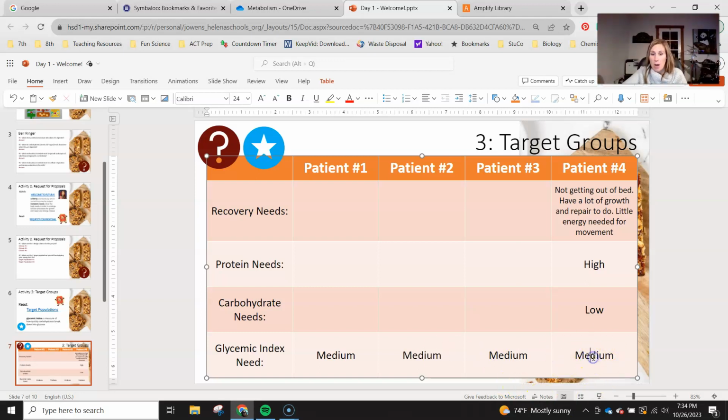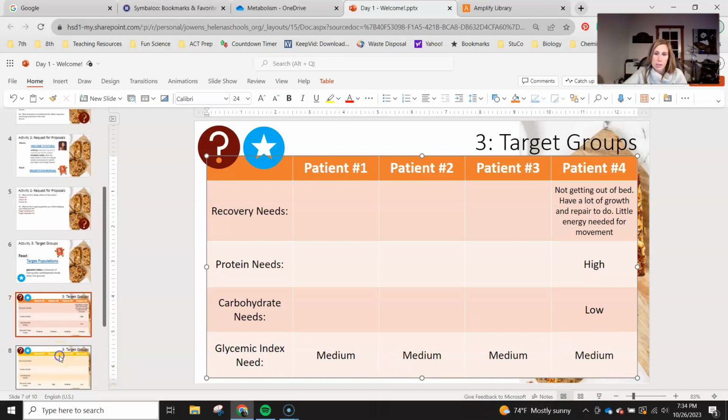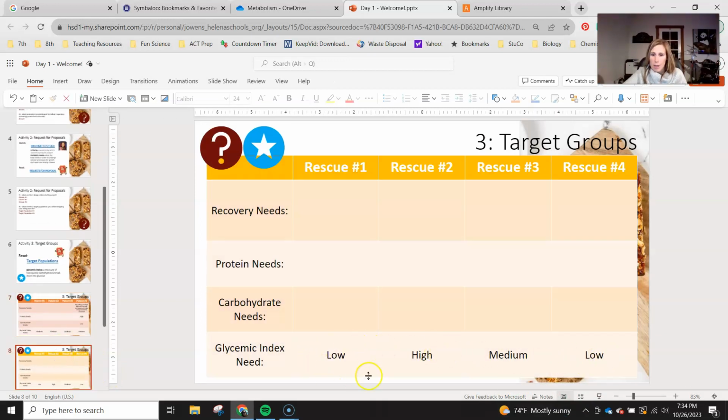So we put medium on this for all of our glycemic index needs. Okay, if you guys notice for rescue workers, same thing, I've already filled in your glycemic index. Some of these have really low glycemic index. They need their energy to last for a long time. Okay, some might have high. They need their energy right now. Okay, some medium, some low. So keep that in mind as you guys are going through the research, the rescue people, what their glycemic index